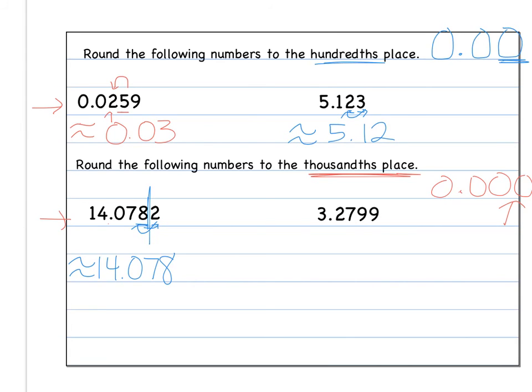Last one, and this one can be a little bit tricky, so please look carefully. Watch out. So we're going to the thousandths place, so we look at the 10,000ths. Since it's 5 or more, I raise the score. Well, what number comes after 9 is 10. Well, and when we get to a 10, we round again, right? We go to the next place value. So this one is a little bit trickier, and it becomes 3 and